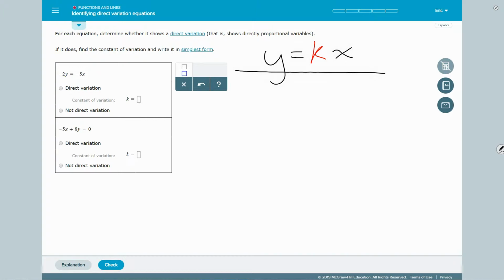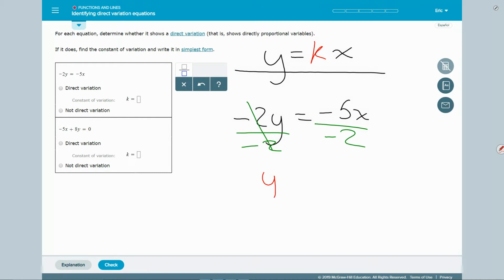So, negative 2y equals negative 5x. Per my equation of direct variation, I'm just going to solve for y. Divide both sides by negative 2, and I'll get y equals negative divided by negative is a positive, so 5x over 2. If you remember your rules with fractions, namely a over b times c equals ac over b,